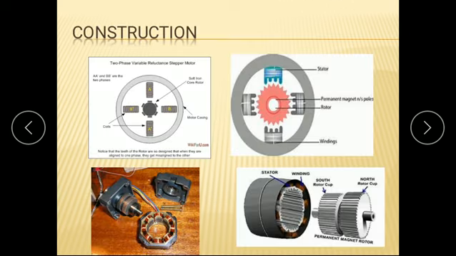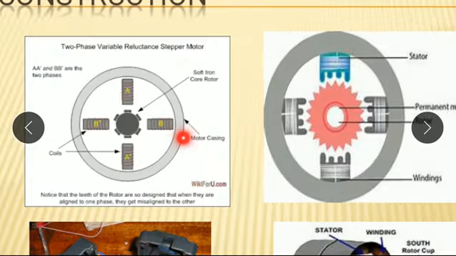Good morning. Today we are going to revise unit number 1, stepper motor. So what is a stepper motor? It is a brushless DC motor whose rotor rotates through a particular angle, and this rotation can be controlled from the input current or the pulses given to the stator. Then there are three types of stepper motor: variable reluctance, permanent magnet and hybrid stepper motor. The first figure shows the variable reluctance stepper motor.